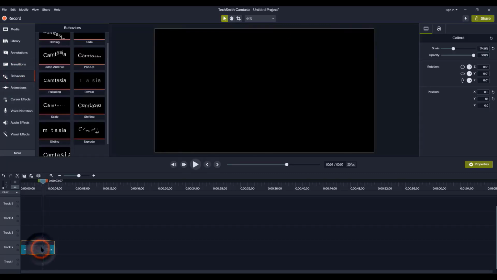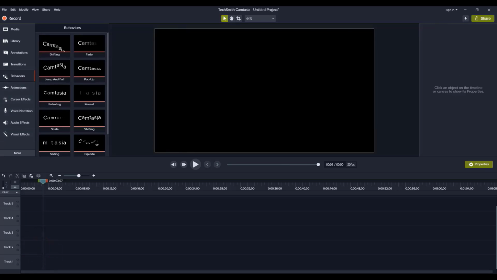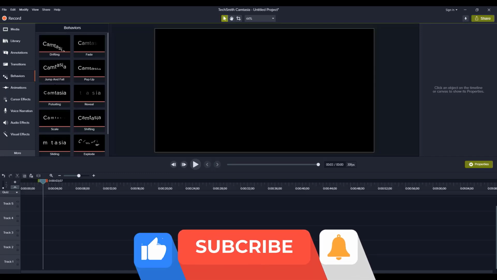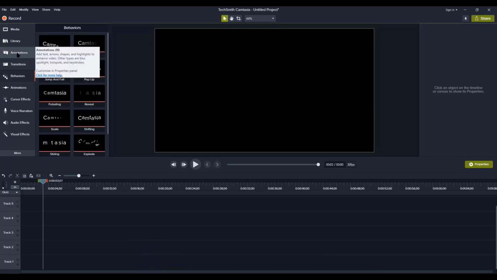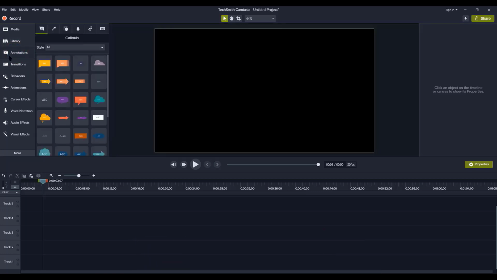Similarly, the behavior section is the same as the transitions. Behavior will work on fonts, or text, titles, and on images, on video. We will discuss it later in the video, but I'm going to show you a demo. So we are just going to import some text. Again we just import a text. So here you can see